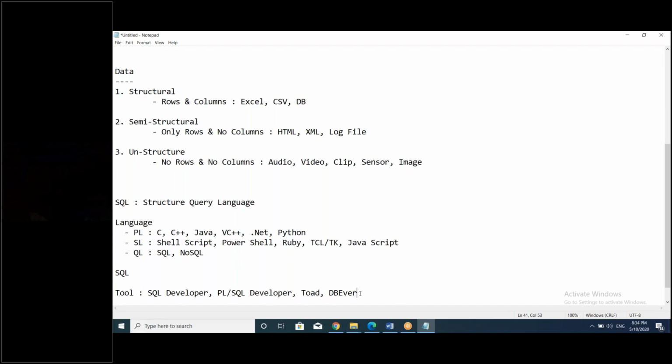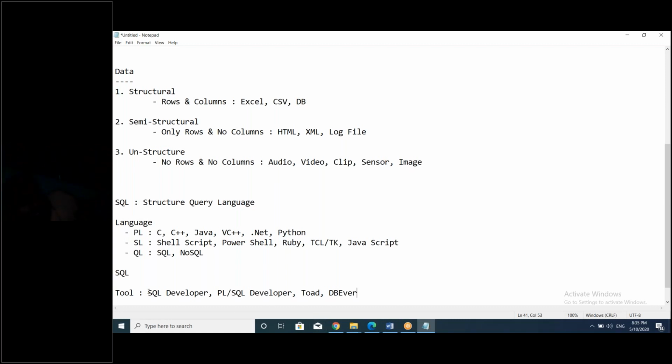So if you have some amount, then you can spend it and go by bus or train, or depending upon your flexibility and budget, you can go by flight also. So what are those? Those are tools. Tools are not used for making things complex. Tool is always used to make things simple. So here also, if you are using a tool to connect to any database, then we are making it simpler. It is not that we are making it complex.